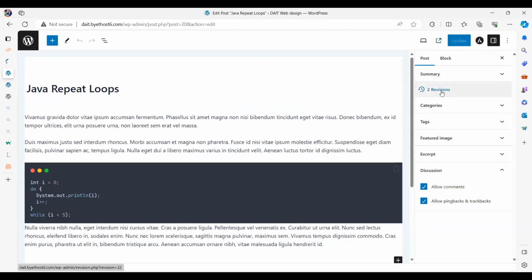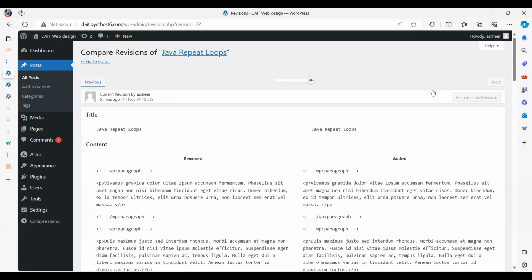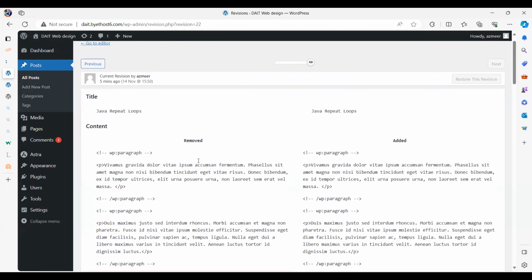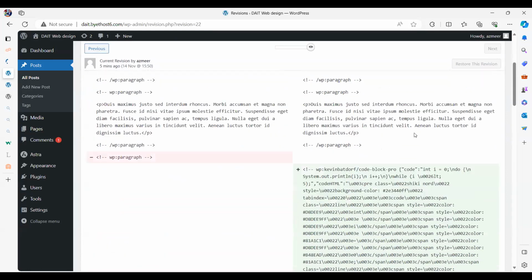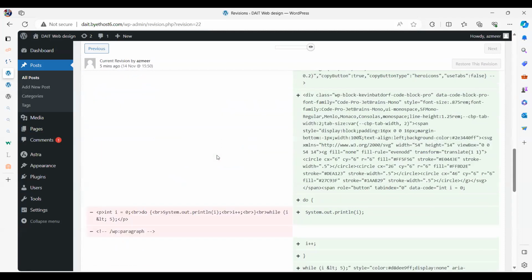Oh, by the way, now see, all the revisions you made are listed here as well. So I have 2 revisions. That's a very powerful mechanism. So when many people are changing articles, or whether it is you changing the article, all the changes you are making are saved here as revisions. For example, it says removed, added, right? So everything you did is listed here.